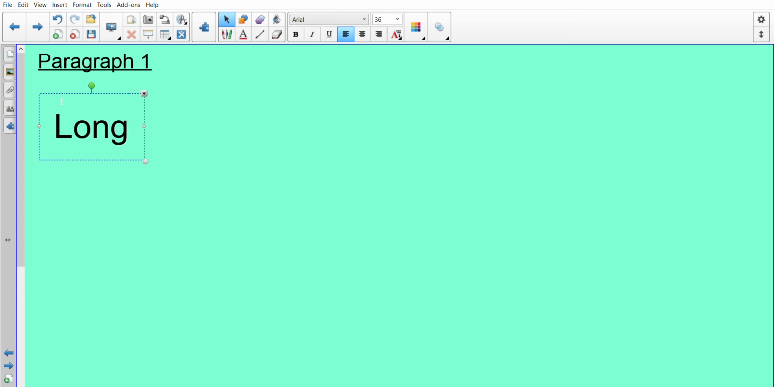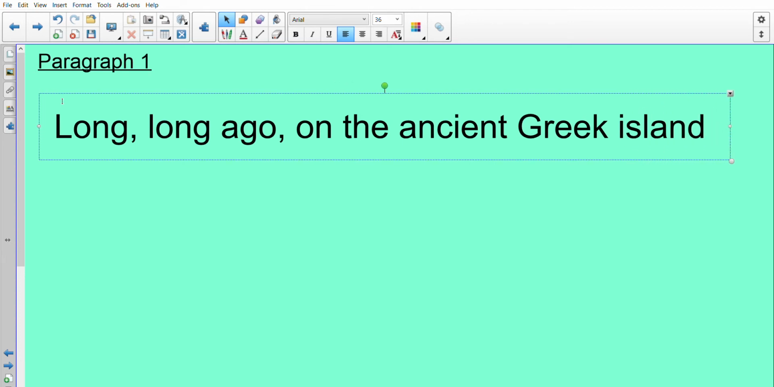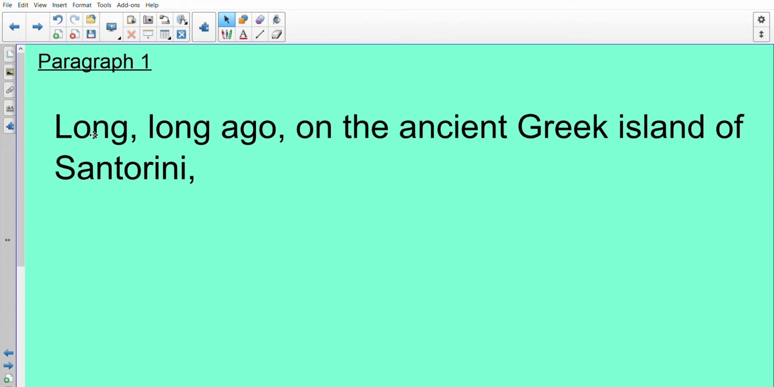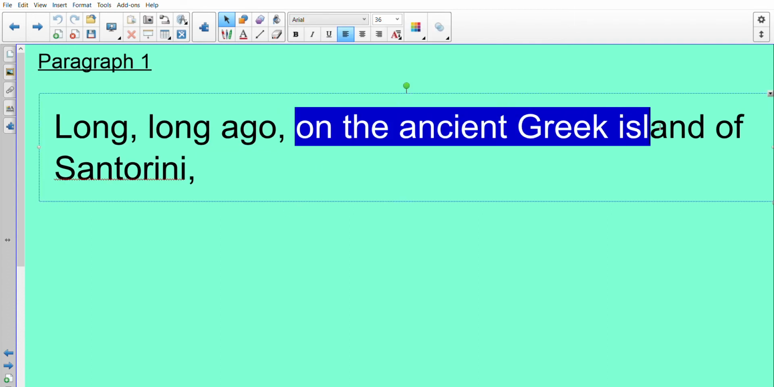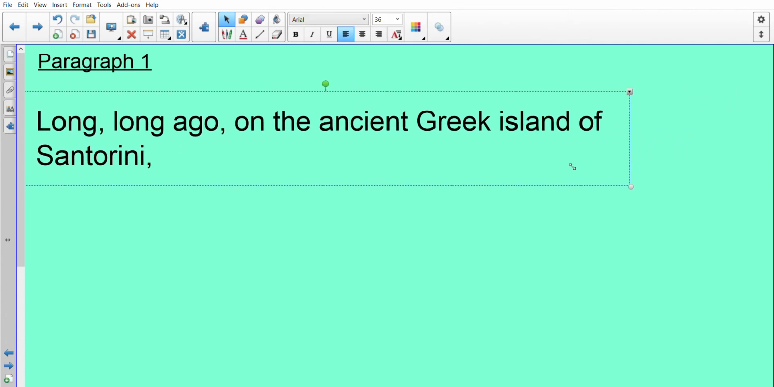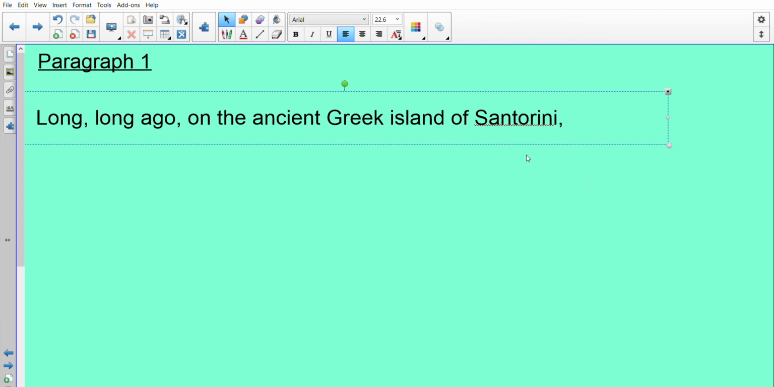I'm going to start with a fronted adverbial. Long, long ago on the ancient Greek island of Santorini. Now that's kind of a double fronted adverbial, isn't it? It tells us when the story is happening, long, long ago, and where the story is happening, on the Greek island of Santorini. That's one of the big roles of fronted adverbials, to tell you when something is happening and where it's happening. It guides the reader and lets them know what's going on and where we are. Long, long ago on the ancient Greek island of Santorini, there lived a